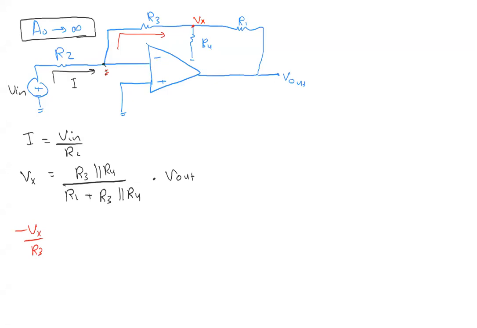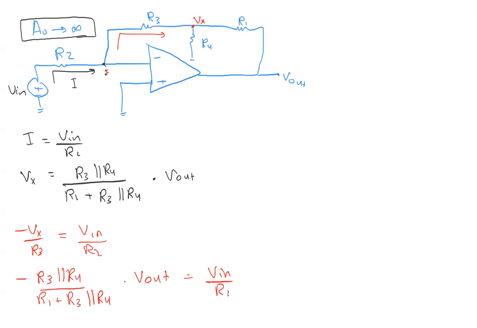That's why we put a negative sign, and this is equal basically to Vn divided by R2. So now we replace Vx with this expression, so we will get minus R3 in parallel with R4 over R1 plus R3 in parallel with R4 multiplied with Vout equals Vn over R2, and